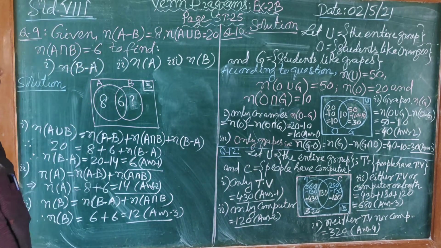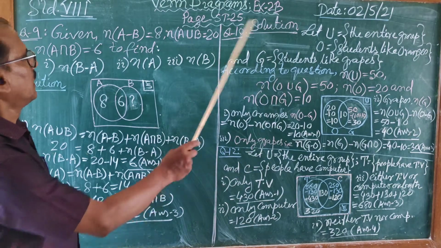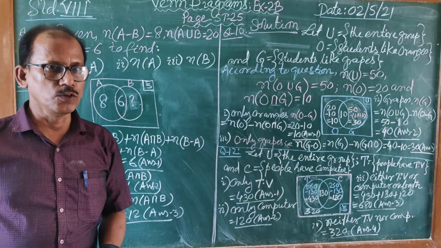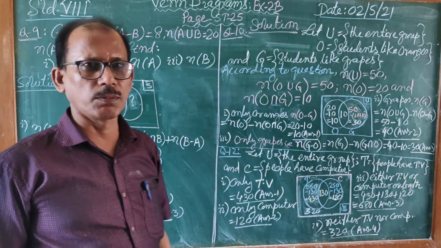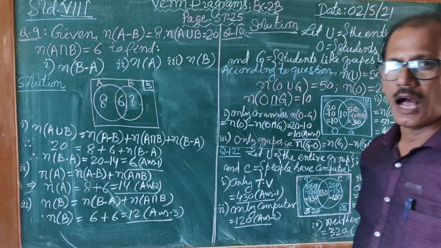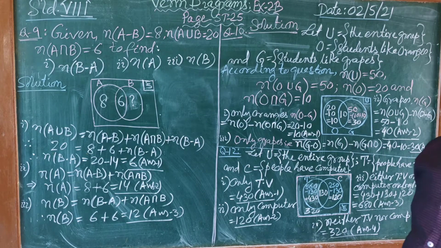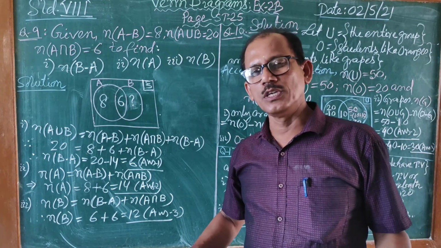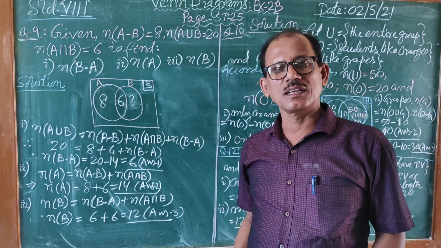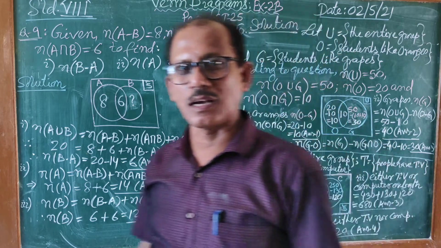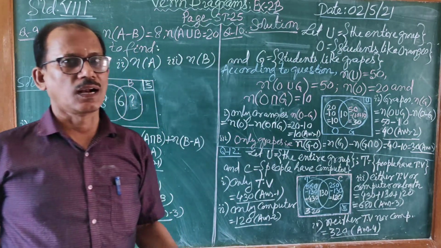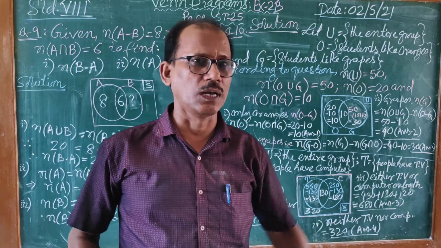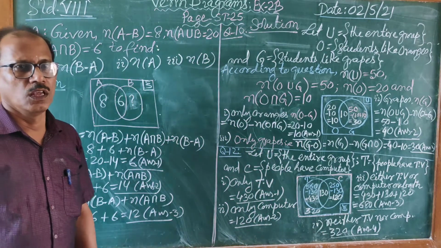So what does your Exercise 2B remaining sum say? I am taking question number 9. Before you proceed to word problems of Venn diagrams, you must know how to do the operations if the cardinal numbers are given of the two overlapping sets: the union, the cardinal number of the intersection part, of the complement part, of the minus part. If you know how to find one, the others are all correlated. How will you solve it?